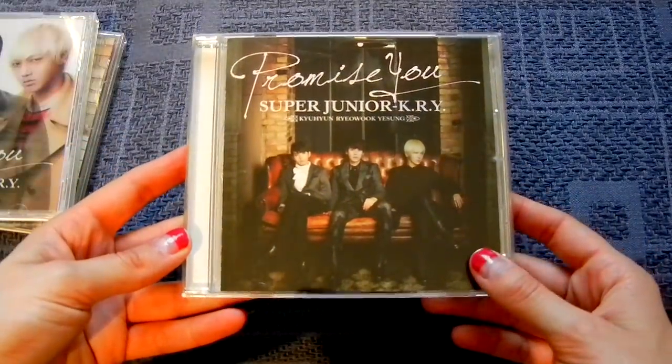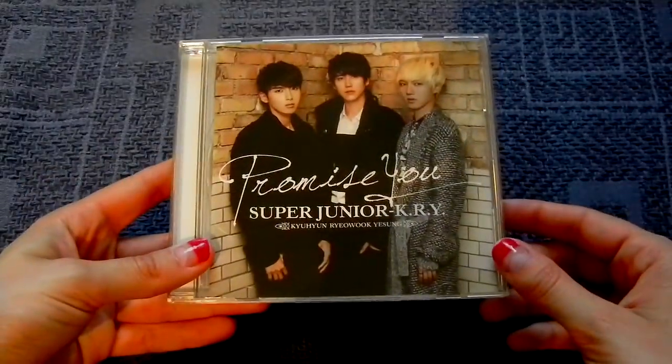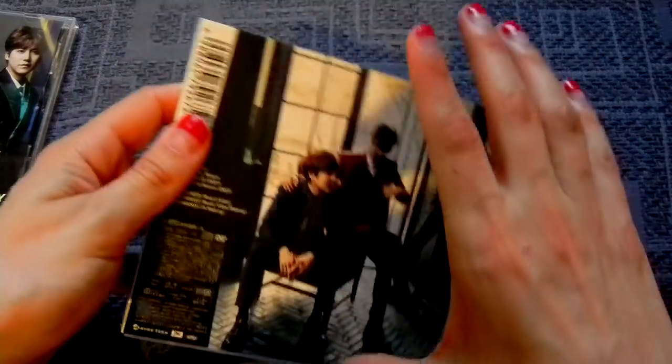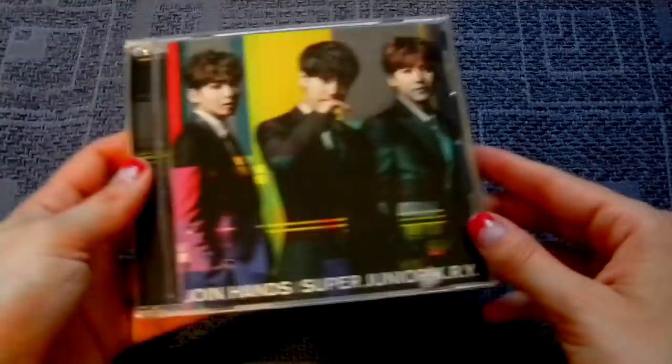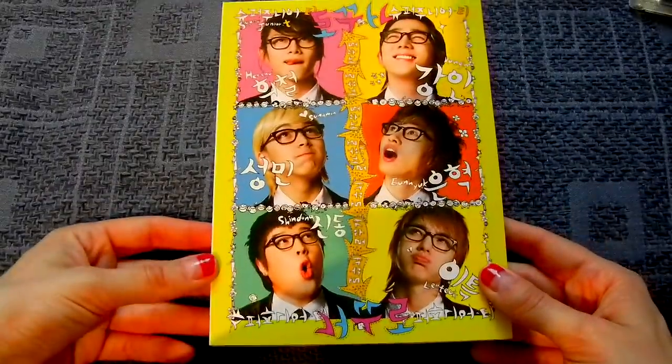Promise You, I have the CD only version, the CD plus DVD version, and the AF Japan version. Join Hands, I have the CD only version, CD plus DVD version, with the slipcase again, ugh, and the AF Japan version. The next subunit is Suju T, first single Rococo, the Taiwanese special version with the DVD,